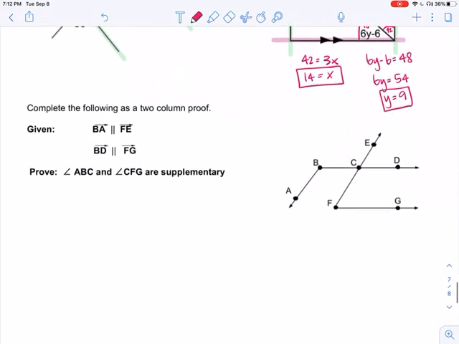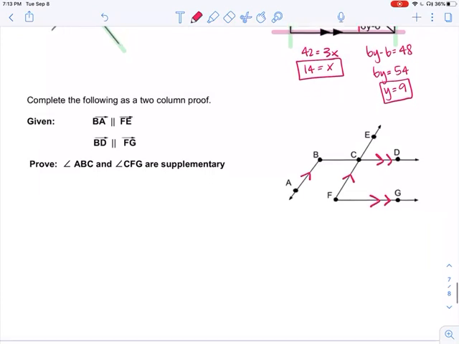And for our proofs, we are given that BA and FE are parallel to each other, and also that BD and FG are parallel to each other. And we want to prove that angle ABC, so this one here, is supplementary to angle CFG, this one here. Now there are a few different ways that we can